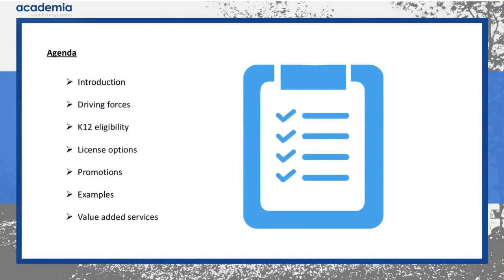Today, we're going to go through a few slides, just covering off the following agenda. We'll do brief introductions. We will touch on the driving forces as to why we're seeing a growth in demand for Adobe student licenses. We'll touch on eligibility, which can be really key at reducing cost and ensuring we're licensing in the right manner, before we delve into the license options and applicable promotions that are available at the moment. We'll have a couple of examples just to help digest the information we've supplied, and then there will be a quick slide on some of the value-added services that can help reduce some time and add value back to your